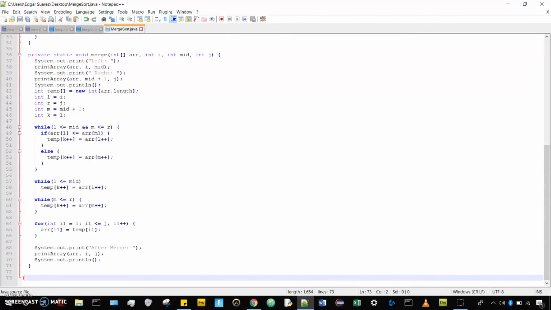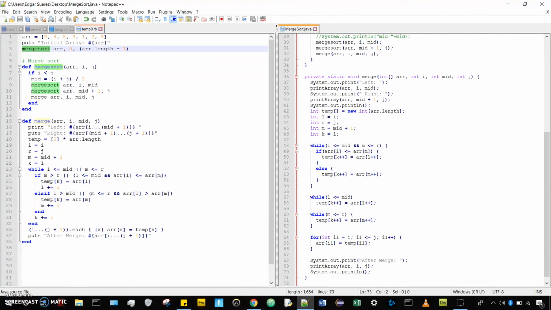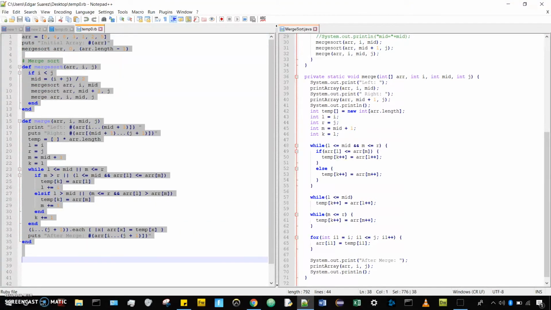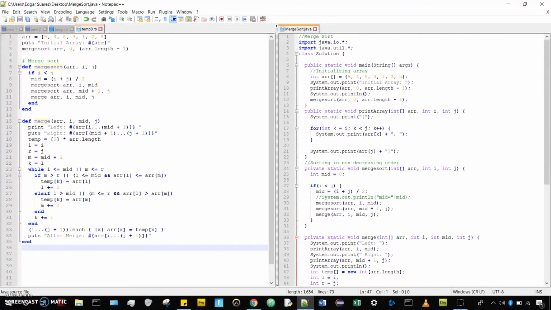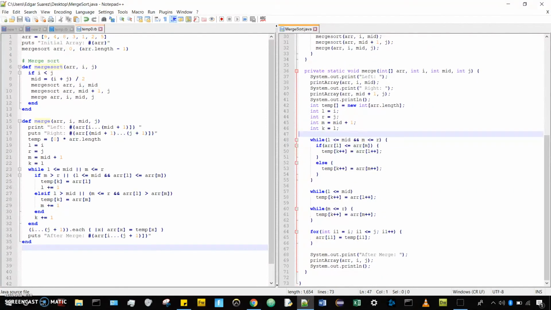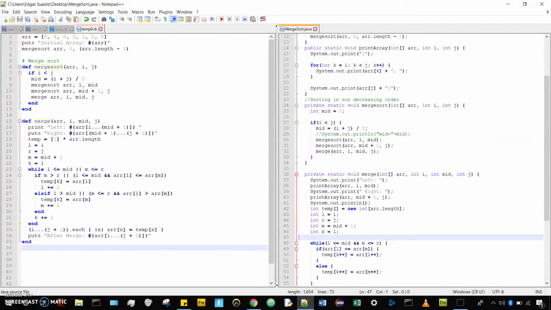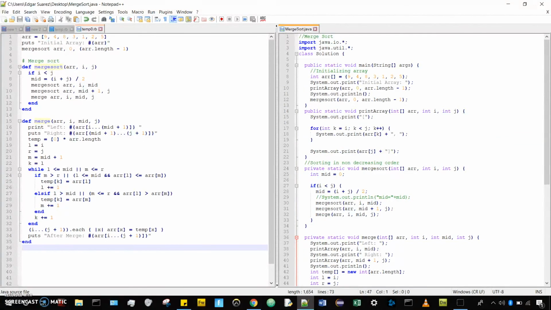For example, here's the merge sort in Java. Let's see. So side by side, we see that Ruby is a lot shorter. Right here, we can do it in just 35 lines, and then on this sample code, we see that it has 70-something lines. Although this is more drawn out, you have to import libraries and everything. You have to have a main. I like Java because it gets you thinking. It gets you in the mentality of computer science.